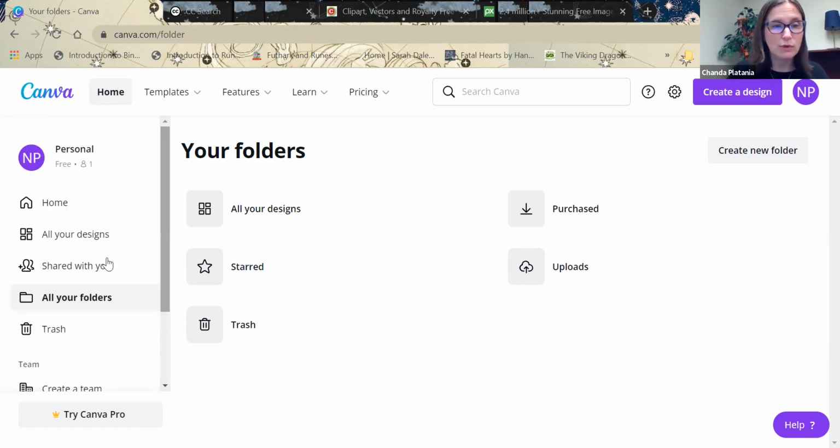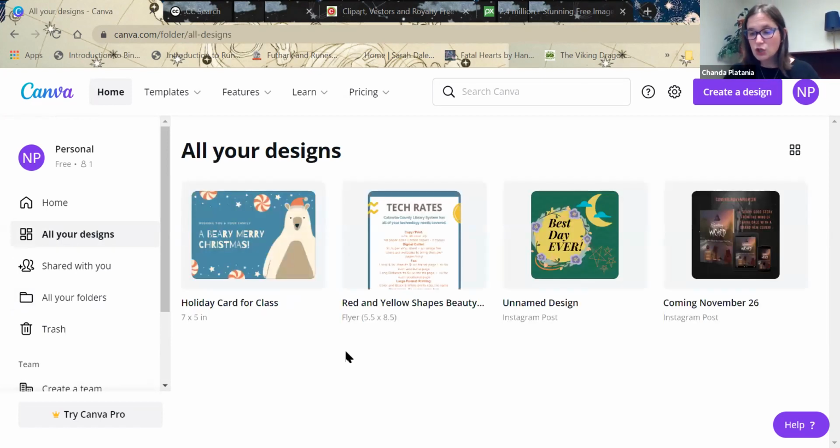Teams is a paid portion. We will talk about that. That's a whole separate portion. We are here to create cards. So I will show you that